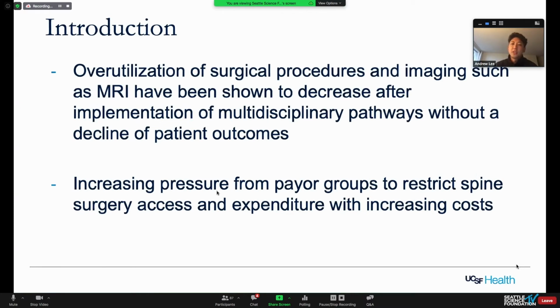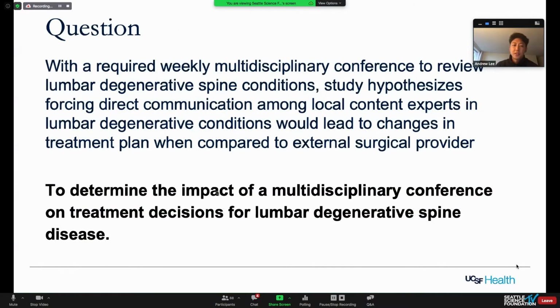Overutilization of surgical procedures such as imaging has been shown to decrease after implementation of multidisciplinary pathways without a decline of patient outcomes. And in recent history, there is increasing pressure from payer groups to restrict spine surgery access and expenditures due to increasing costs. So the primary purpose of this study was, with required weekly multidisciplinary conferences to review lumbar degenerative spine conditions, this study hypothesized that by forcing direct communication among local content experts in lumbar degenerative conditions,